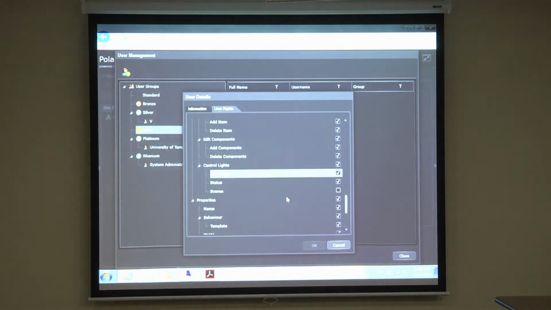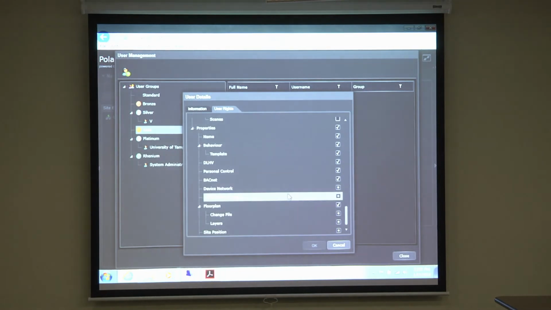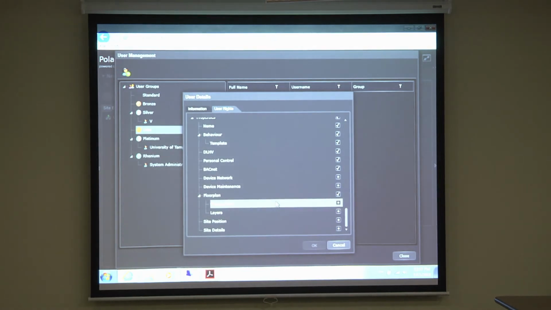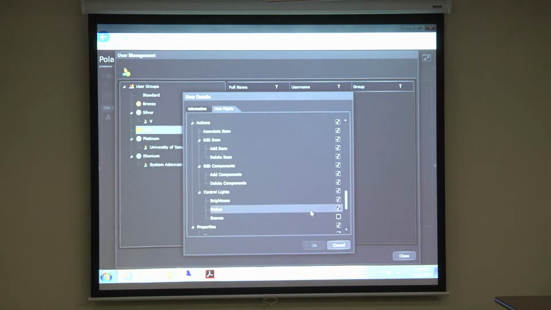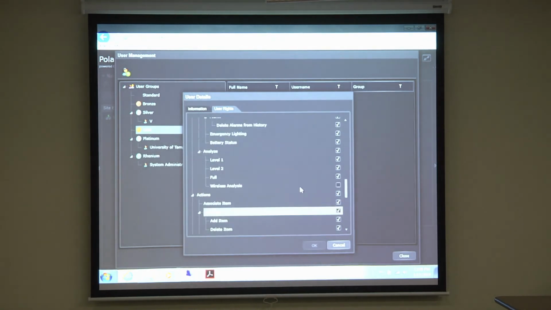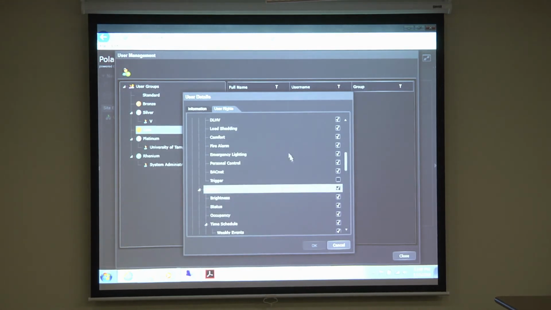Those are all done. It didn't start till back here with the device network, device maintenance, and then a change of file, layers, site position, site details. It's different, yeah. I've never really noticed that. Usually, if it's checked, that means active. If it's not checked, it's not active. It's safe that way. Could be a sidebar or something later on. But for the most part, it looks like they can pretty much do everything except for changing the scene